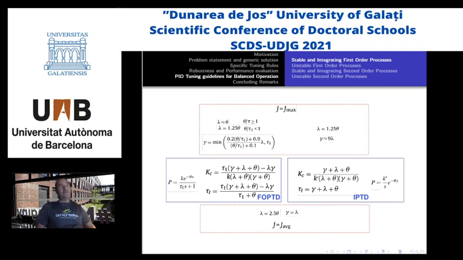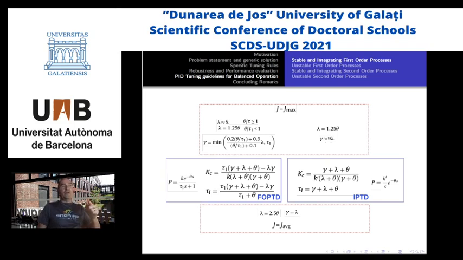But for the case of J equal to J max, you have different selection for the case of first order plus time delay and for integrated plus time delay that is much more simple. Okay, so finally, you will get a tuning rule that is completely automatic because you already have the selection for lambda and gamma, so no free choice, completely automatic, and just with the parameters of your model, just by theta, the delay of your model, and tau, the time constant of your model, you put them here and you get